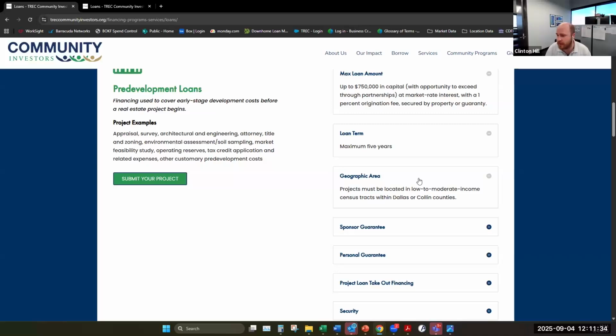So these are the areas that we operate in. These are the community partners that we have. Now, as it stands currently, that's in Dallas and Collin County. In the near future, as we're going through recertification with the CDFI, that geographic area might expand beyond those county borders, but still have really the basis of low to moderate income census tracts.